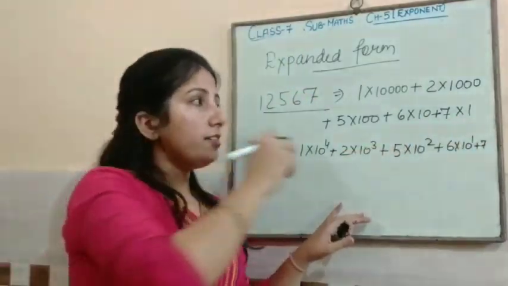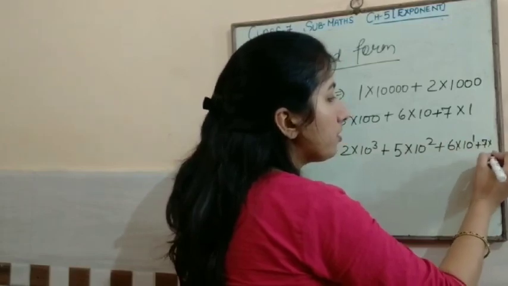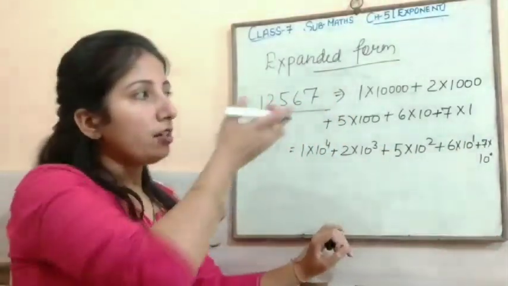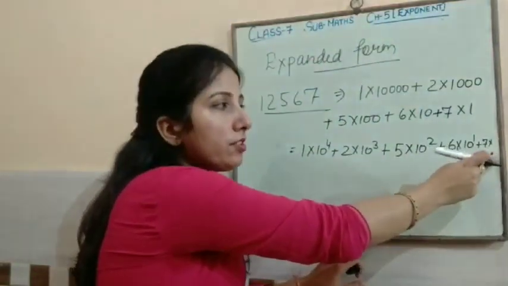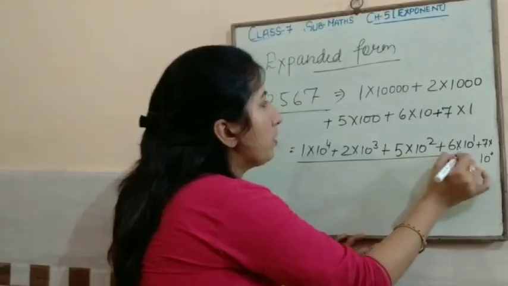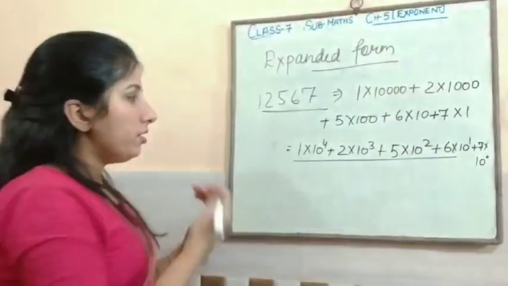So we can write as 10 raised to the power 0, because if power of any number is 0 then the resultant answer is 1. So this is 10 raised to the power 0 means 1. So this is 7 into 10 raised to the power 0. This is the expanded form of this number. Another example is